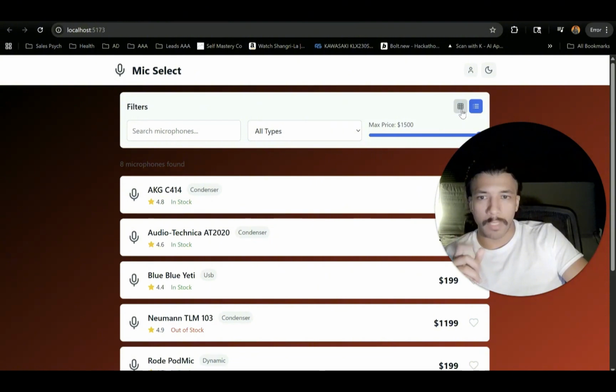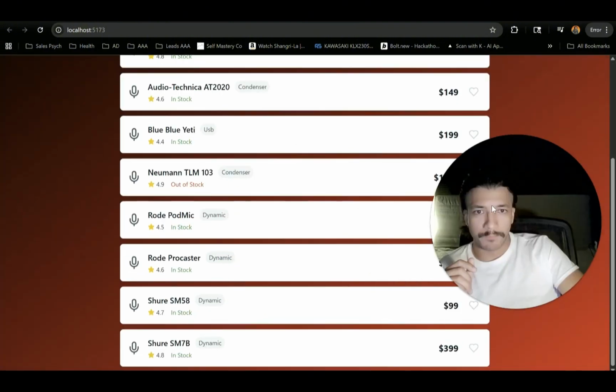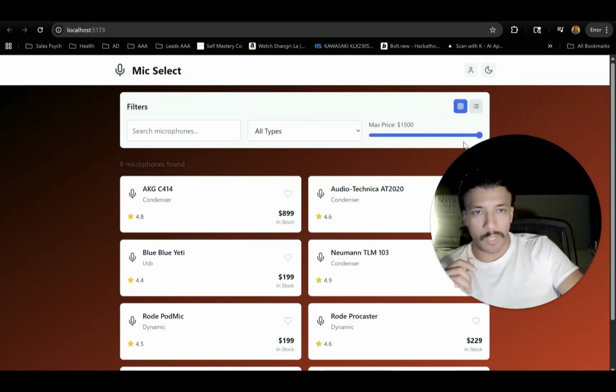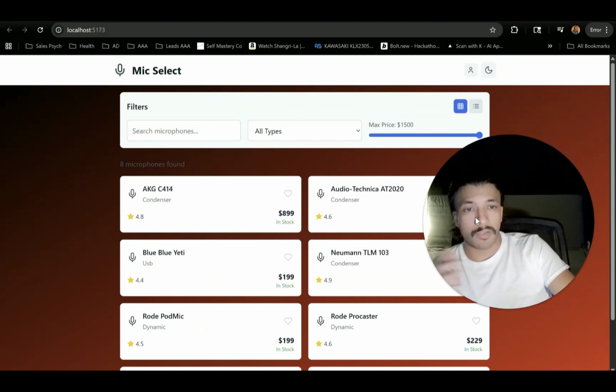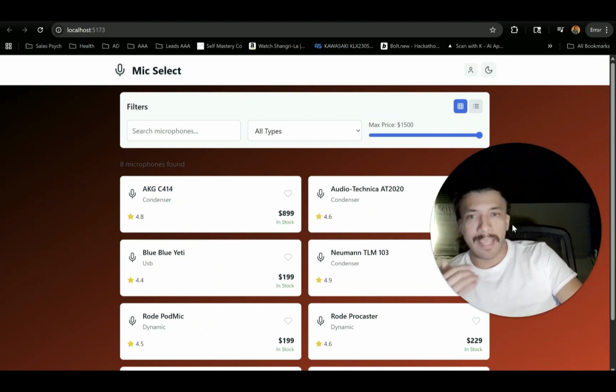Oh, there we go. I was being impatient again. But there we go. Now we have the list view, and now we have the grid view. Okay, so that is how you make changes, right? You make changes like this over and over and over again till you get what you want. And then